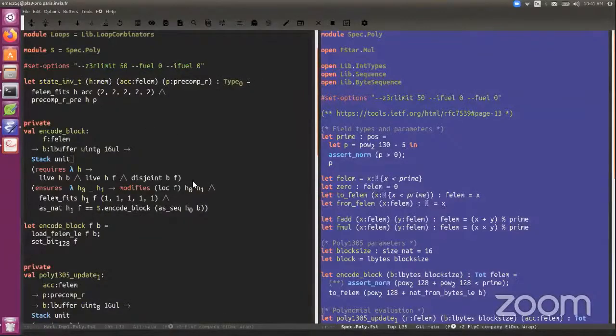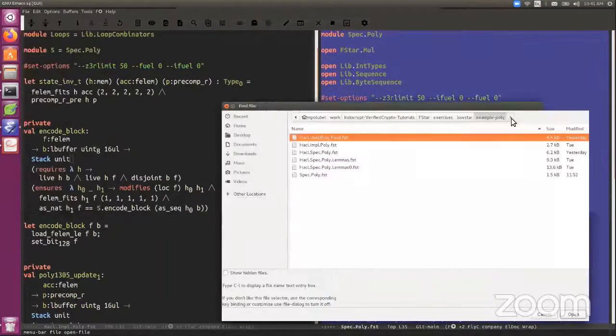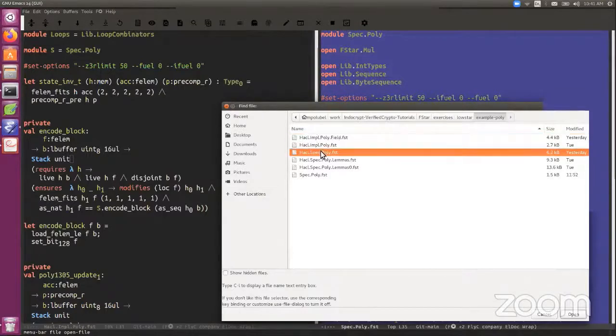So you can take a look at the Low* implementation. It's in the example poly directory. You can see the following files like Spec.Poly, HACL Spec.Poly with lemmas. As you already saw, the high-level specification is Spec.Poly, and we can define how it looks